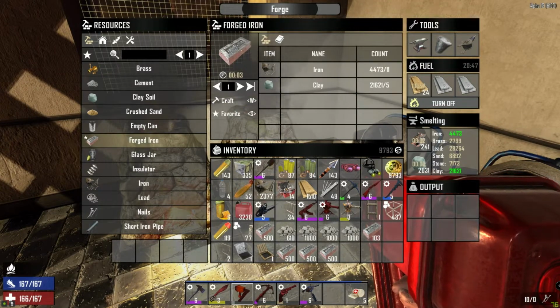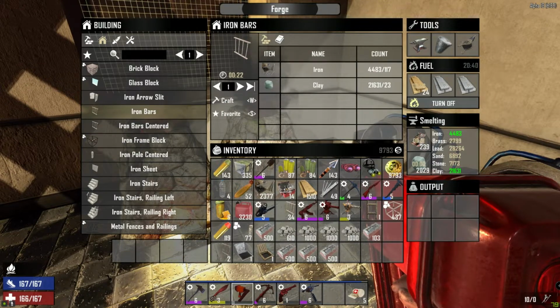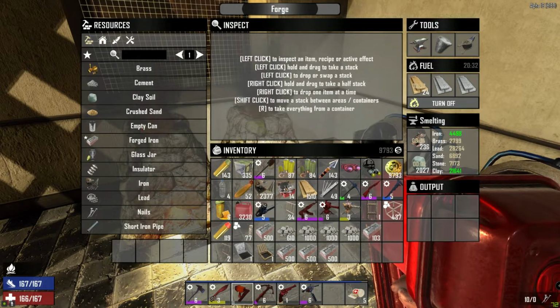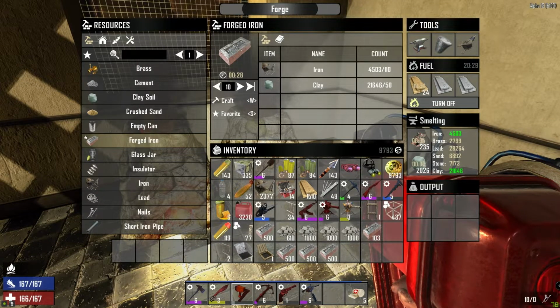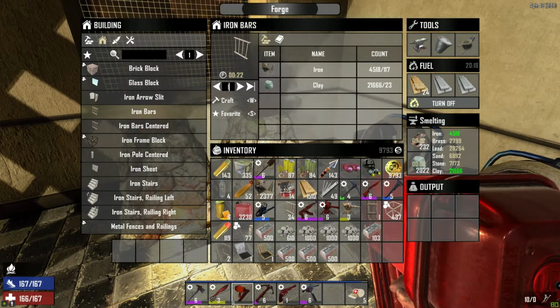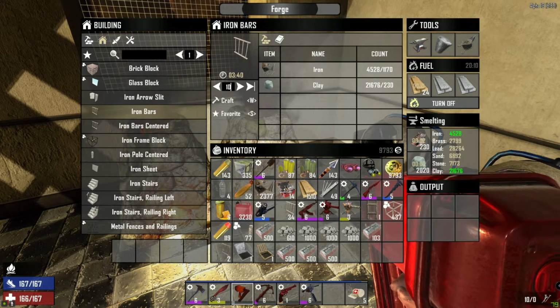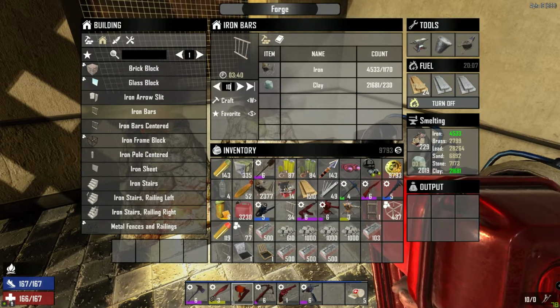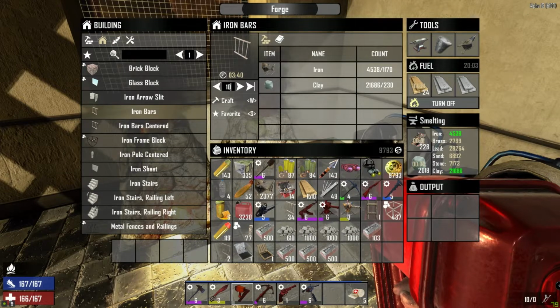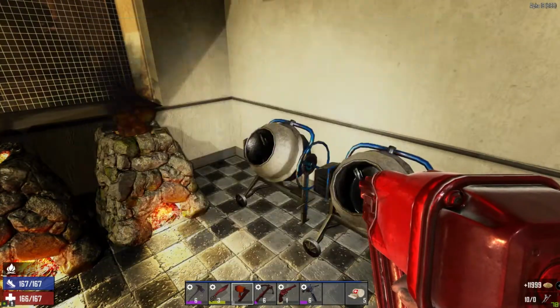So forged iron costs 11 iron. Iron bars cost 117. Check something here. So 10, 110, 100. 100, yeah, that's fixed. It's 11. And here, 10. So if I upgrade and use 10 forged iron, that's going to be cheaper than making the iron bar on the forge, and faster. Which is ridiculous, but...